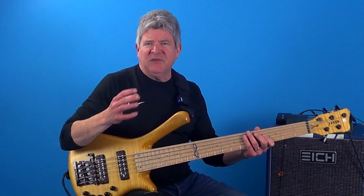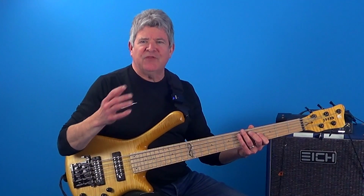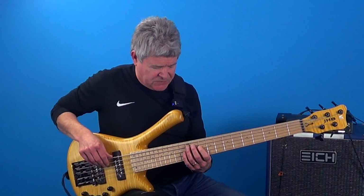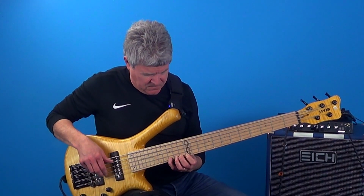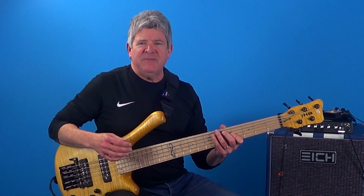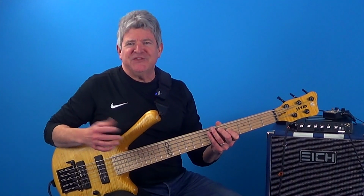And then to complete the line in a bar of 4/4, I can just play the root, flat 3, 5 and the flat 7. And that's going to sound something like this. So why does this work? It works because the E flat major 7 chord is the 3, 5, 7, and 9 of the C minor